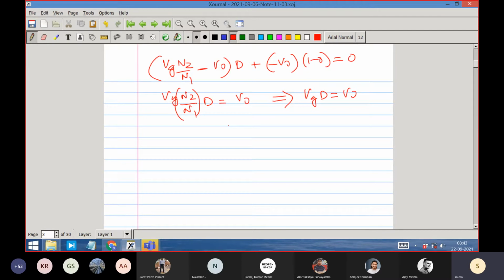So that's why you will see that most of the isolated topologies are based on buck converter topologies. Isolated boost converter topologies are not in so much demand because as such you have an N2 by N1. Sometimes it may be so because of practical reasons, but theoretically there is no limit. Practically there may be some cases where you may have to have a boost first and then, using a transformer, another boost. Maybe when you are doing very high gain, that kind of constraint may happen. Let us say you are trying to do it from 48 volt to 1 volt. It's a 48 gain.